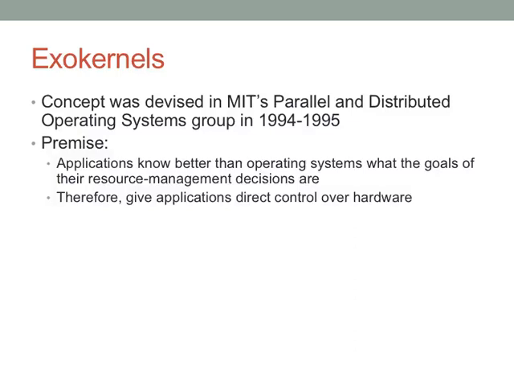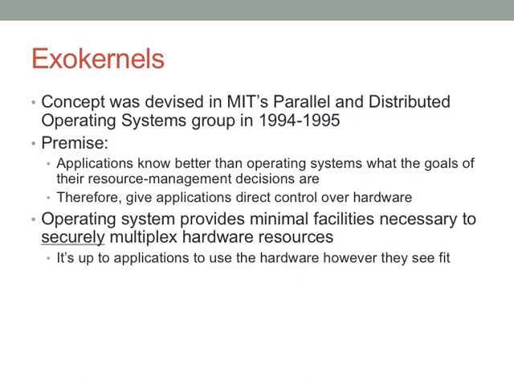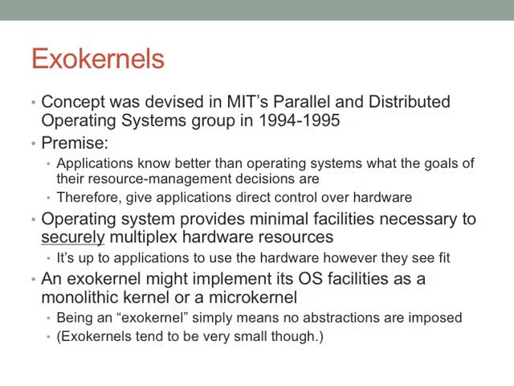So let's just give applications total control over the hardware. So the OS basically has one job. You know, it does the whole process abstraction, process isolation, and so on. It does all those things, of course. But then it also has some capability to multiplex the computer hardware across multiple applications. But that's it. No abstractions. Just you get this part of the disk, you get this part of the disk. Don't stamp on each other. Things like that, but really it was up to applications to use the hardware however they decided. Okay? So that's the idea behind an exokernel.